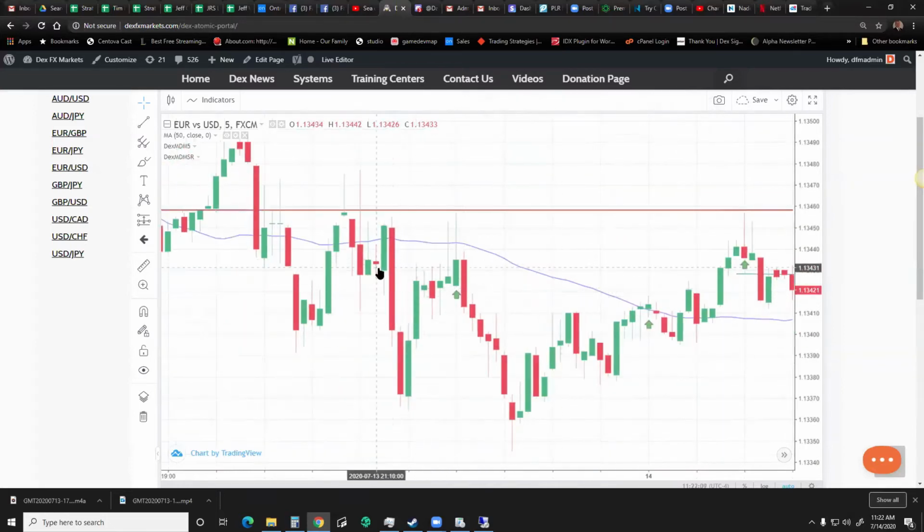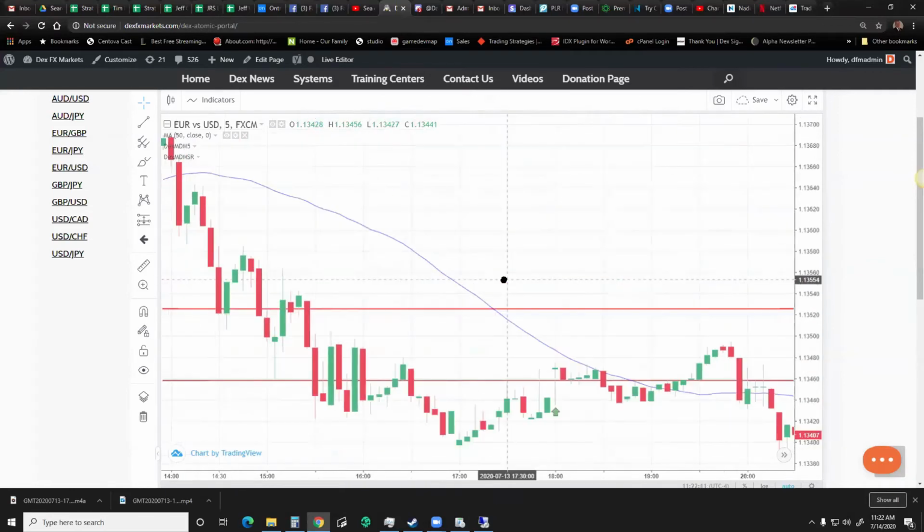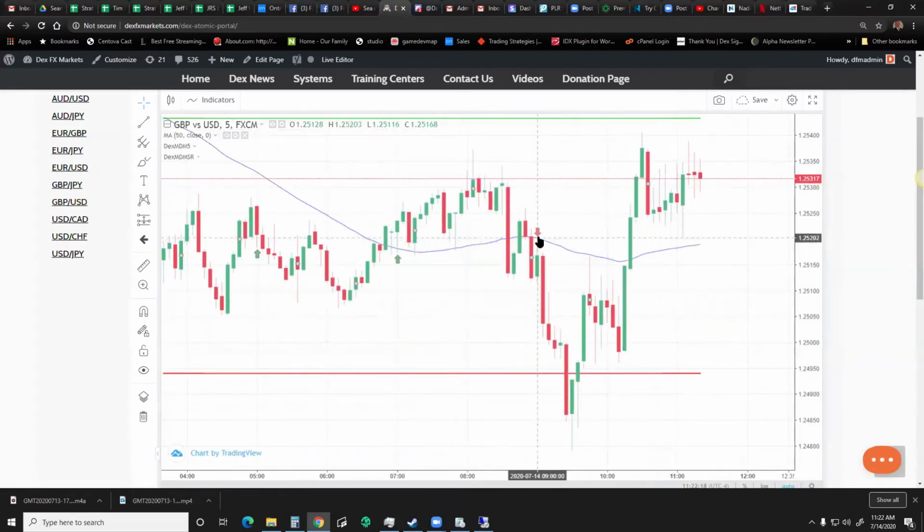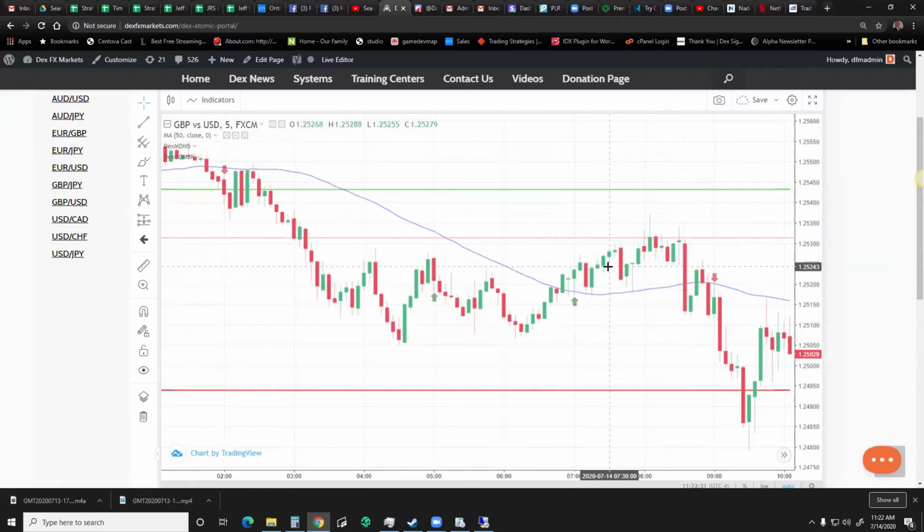Let's go back. Keep looking, Euro USD. Let's go down to the Great Britain Pound USD and see how well it operated over the last couple of days. Here, back to the first structure. Did it get bought? Possibly not. Is where we would have gotten in here. This one probably wouldn't have gotten bought. This was above, back to first structure. We go to below that structure right there, would have won.